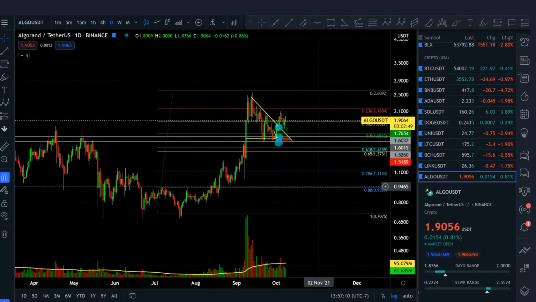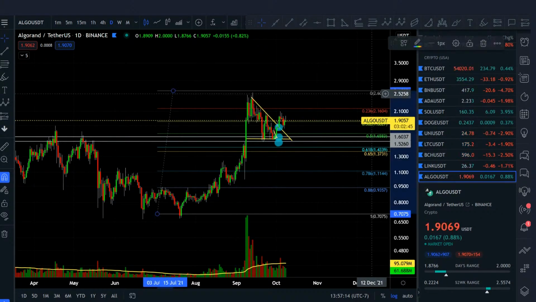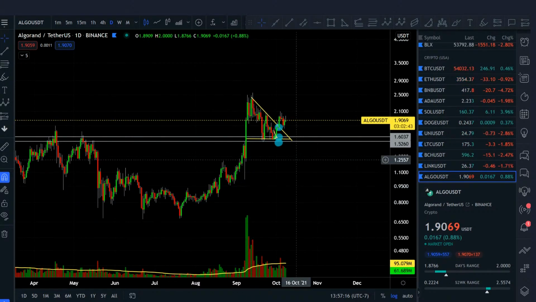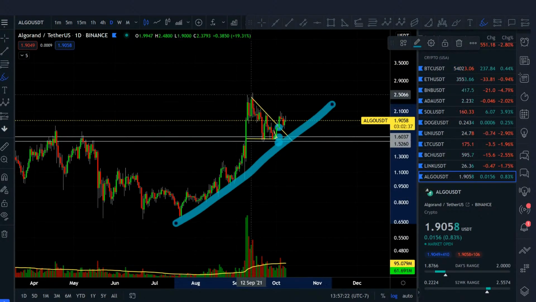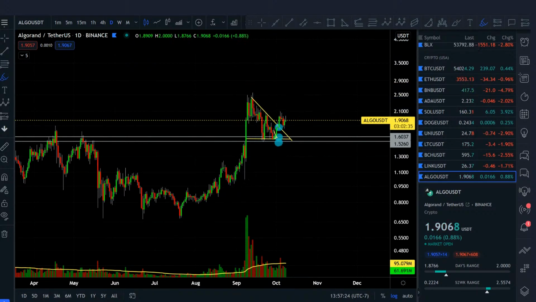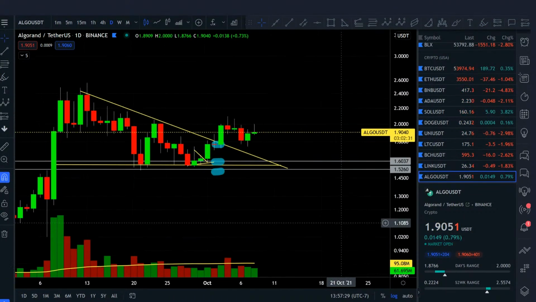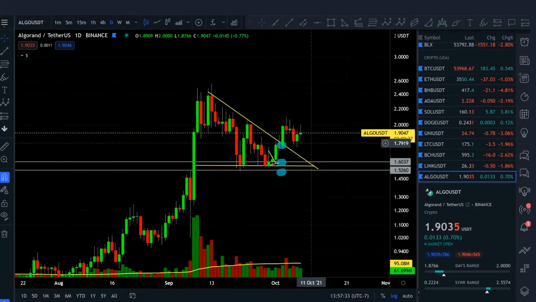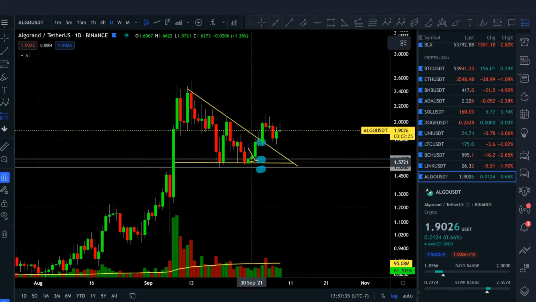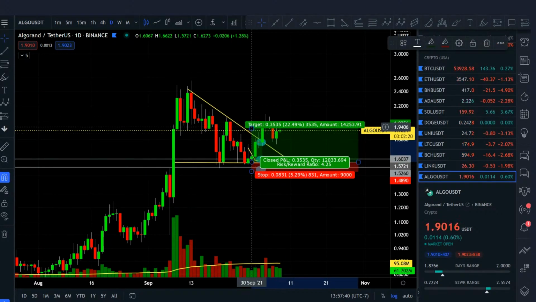Okay, next, ALGO. ALGO is different. Why is it different? Because you could tell it's not in this large symmetrical triangle like this. ALGO doesn't look like that on the chart. You have a trend line here and a trend line here. So this was a day chart setup on ALGO, where on September 29, 30, somebody asked me, I think for this chart, it was an Atom chart, but the support level here was a decent level of